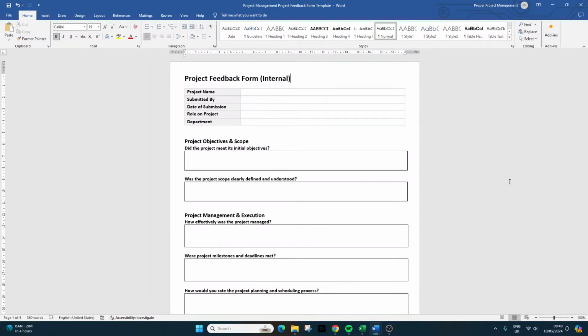One that you can use internally, and the second one which you can use with external stakeholders, and leverage both of these going forward. Now, before I delve into how to create these forms step by step and my recommendations for the questions you should include,